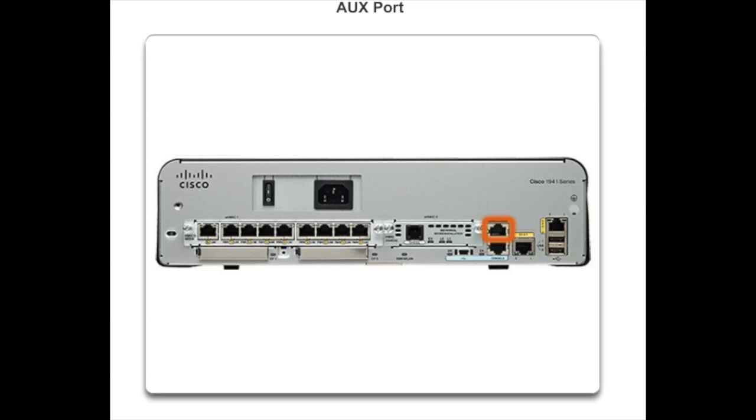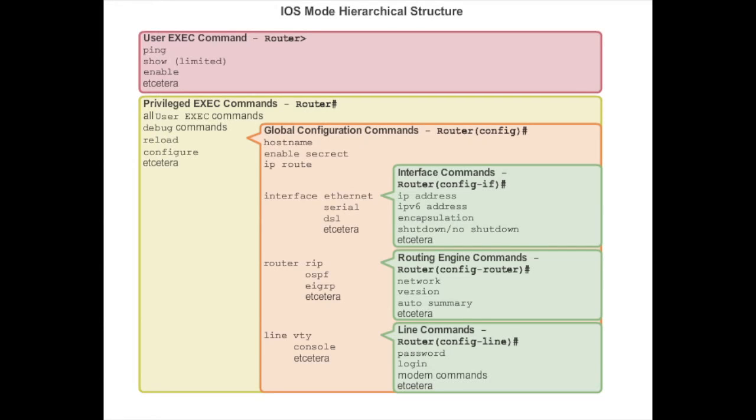It is important to understand how the IOS hierarchical structure is constructed. We can or can't do many things depending on where we are sitting. By sitting, I mean which type of rights we have. The default mode our router gives us is user exec mode. This lets us ping, lets us show some information, lets us enable the device, and that's more or less it. We can't do a lot of things. We cannot set passwords and we cannot change IP addresses or some other configurations that are related to more complicated network